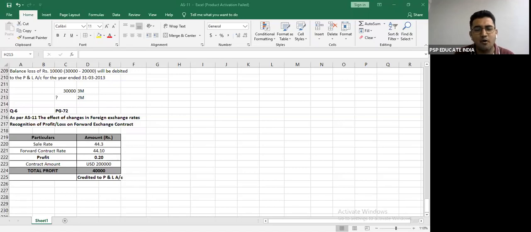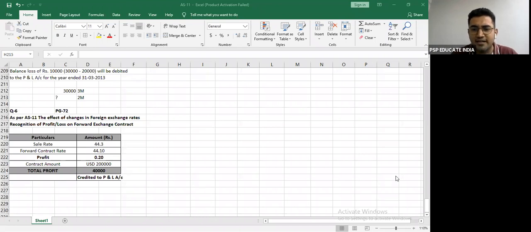So that is why accounting standard 11 tells you to avoid the accrual concept in case of a speculation transaction. However, if you look at the hedging transaction, over there you are sure कि 3 महीने का उधार मिला है हमको, क्योंकि 3 महीने का क्रेडिट मिला है, it is sure that after 3 months you have to pay. So it is sure that you are going to look at the forward contract rate or the market rate at the end of the 3 months, because some time period is fixed and there is certainty. That is why we tend to follow the accrual concept, right?